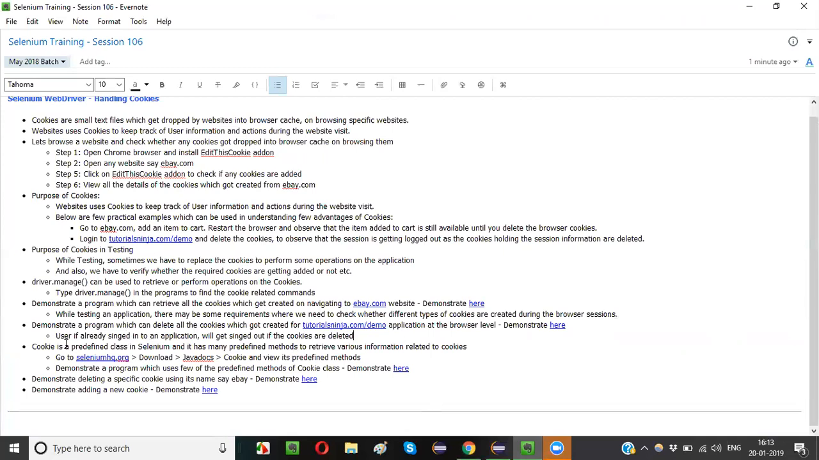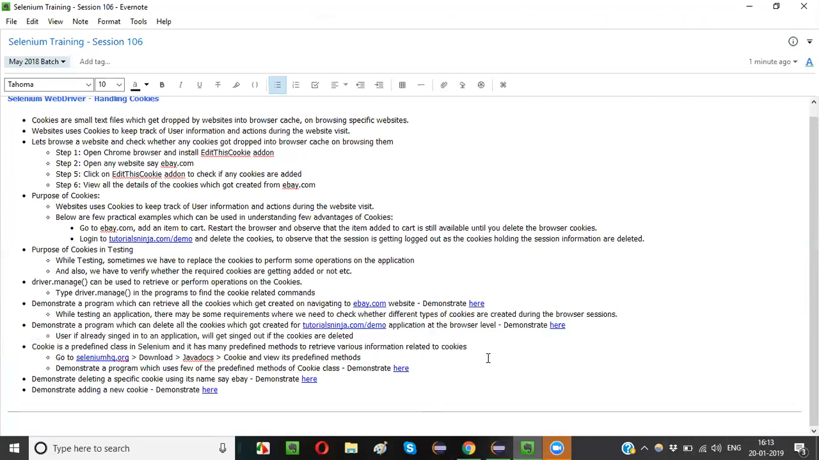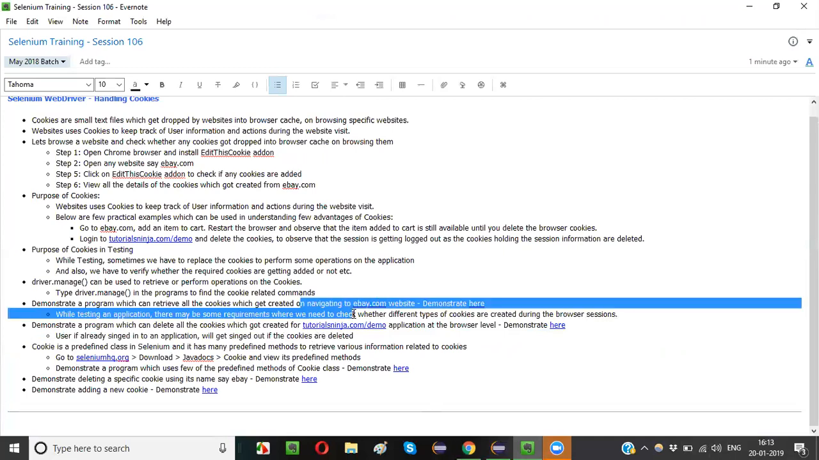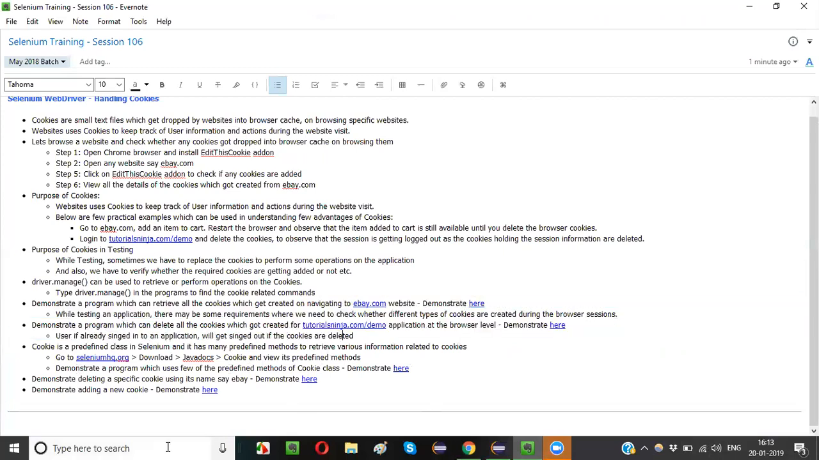So a user who is already signed into an application will get signed out if the cookies are deleted. Since the cookies are deleted, we got logged out, right? So using the Selenium automation code, we have deleted the cookies and we have retrieved the cookies. In the previous example, we retrieved all the cookies and printed them in the output. Now we have deleted all the cookies. Now guys,